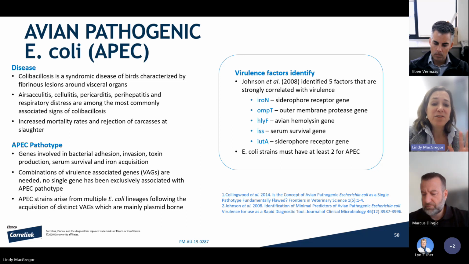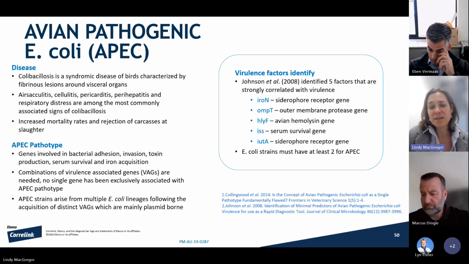And there are 5 genes that specifically give these E. coli, should I say, more sort of superpowers to become pathogenic, and they code for things like receptor genes or hemolysin genes, things to help them survive in the host and to cause disease in the host. So for instance, you can see serum survival genes that will enable better survival in the host,